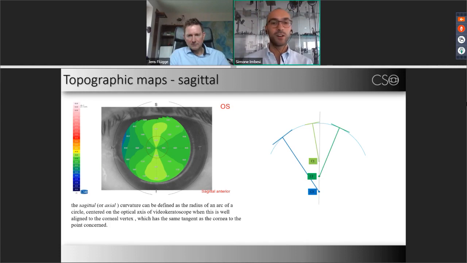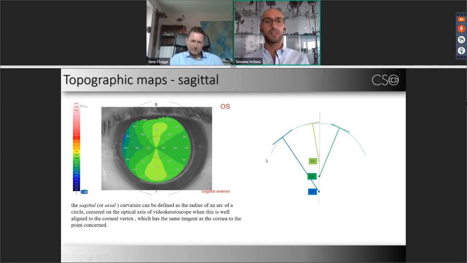The meaning of this map is really simple. This map describes the curvature using a simple principle. The curvature in these maps is described point by point as the distance between the point and the optical axis along the normal direction. To evaluate this data, the topographer at the time